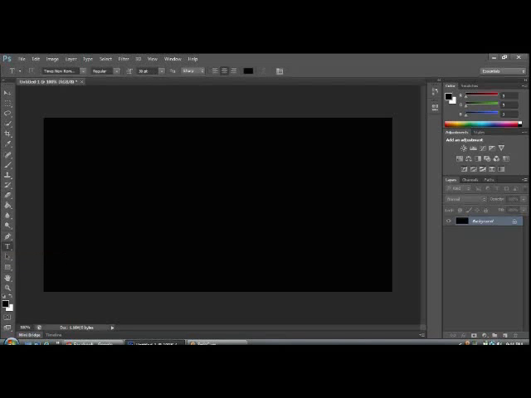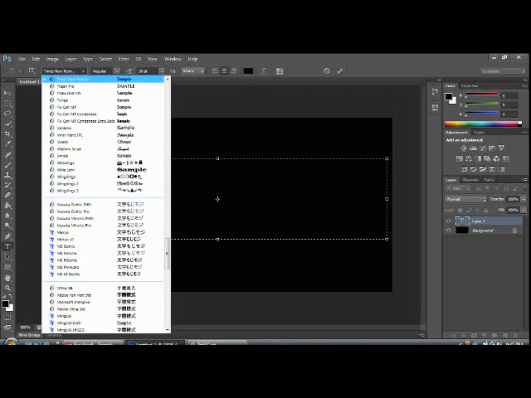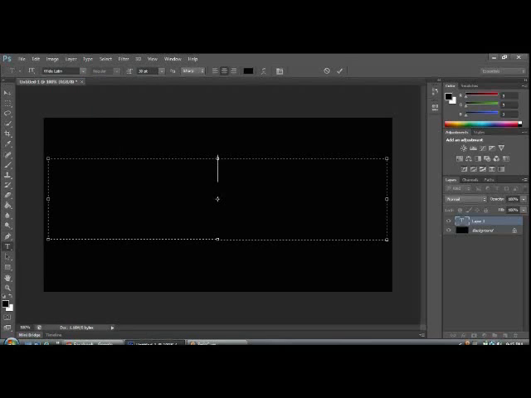So click on the horizontal type tool, then your text area, and you can resize your text area to whatever size you want. Okay, so select your font style.